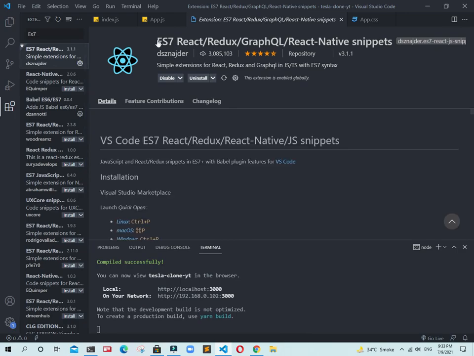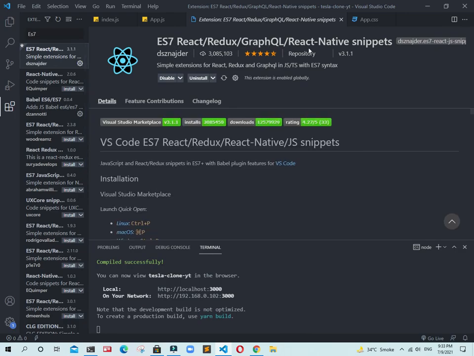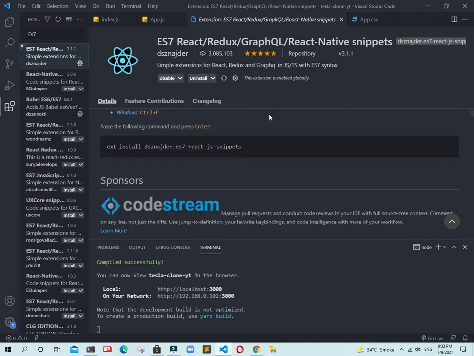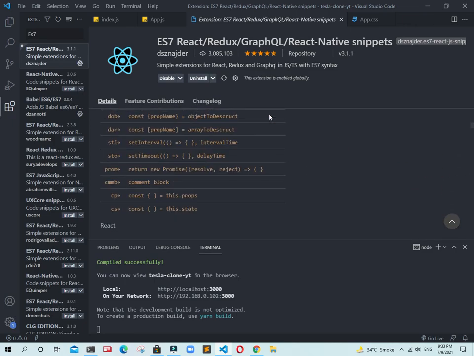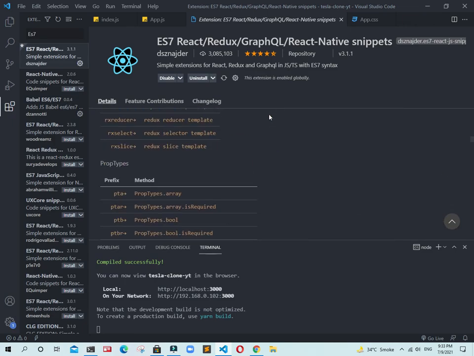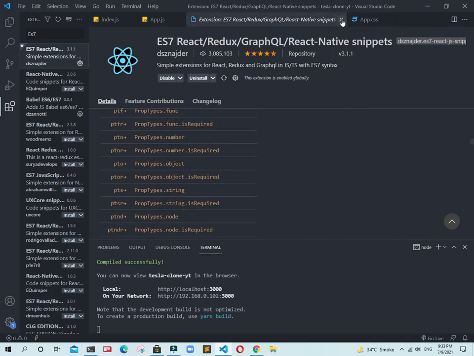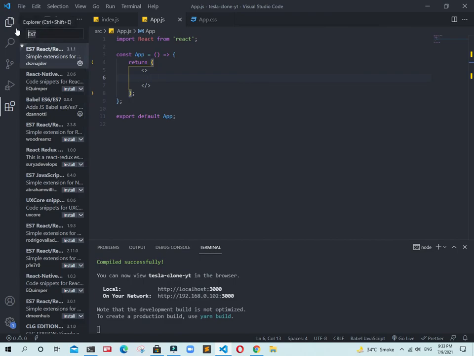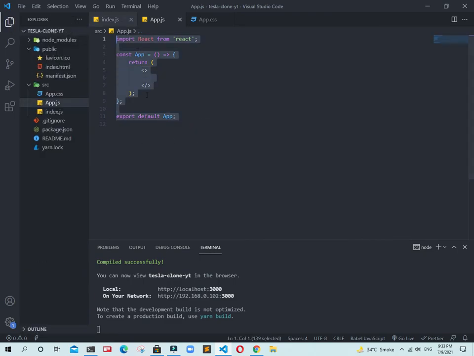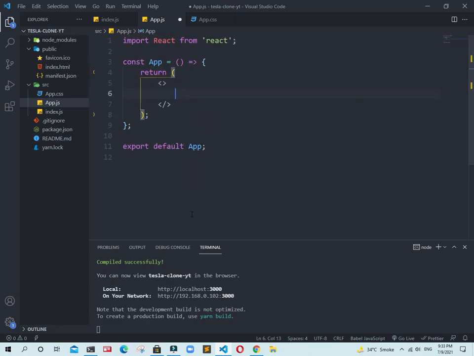You also need to install ES7 React Redux GraphQL React Native snippets. It allows us to add snippets in our code, which helps us a lot to write the code. After installing that, activate this extension and go back. If I again type RAFCE and enter, you see we have a suggestion and our code snippet.